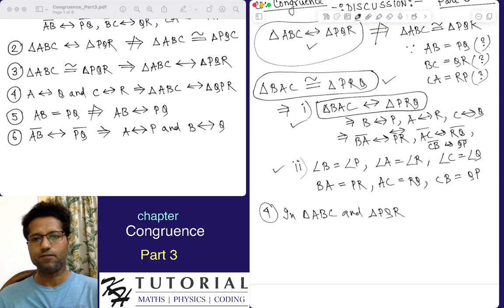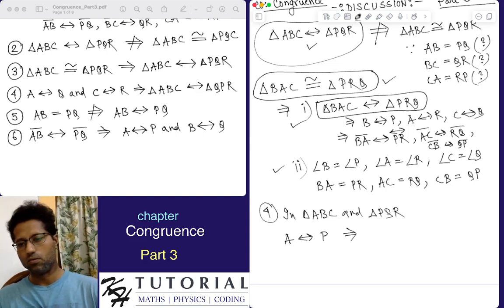The first one is a triangle having vertices ABC, and the second one is a triangle having vertices PQR. Now in these two triangles, if it is given that A is having a correspondence with, say, P, you cannot say that